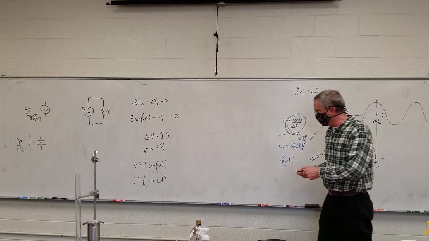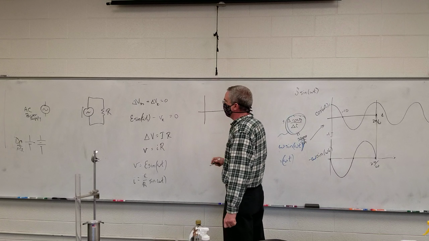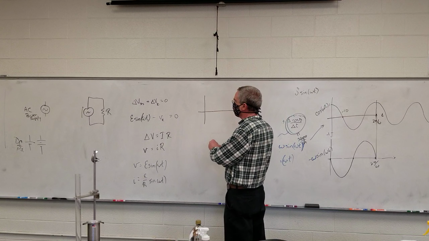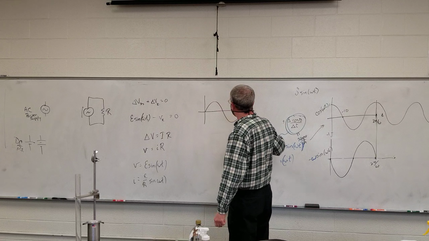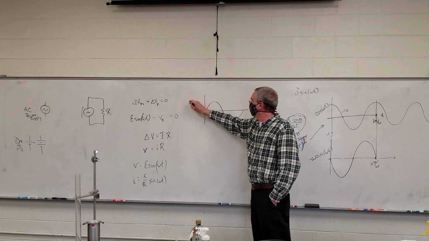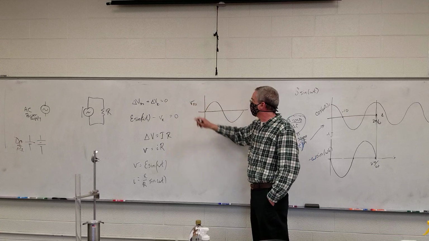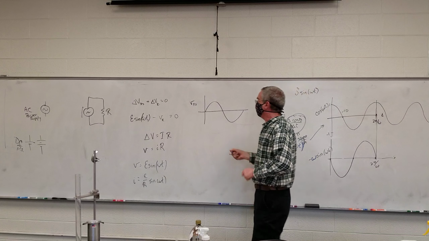So if I plotted these three things, we have the voltage from the power supply, which would look something like this. This is in black here. We'll do the power supply. Voltage for the resistor